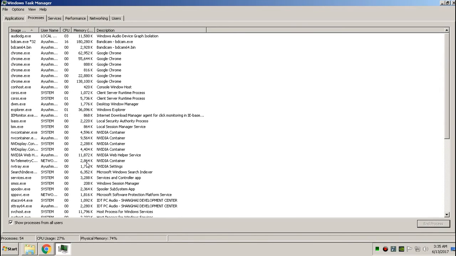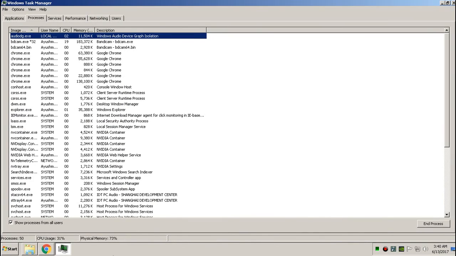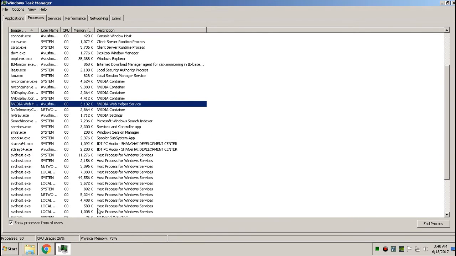and you have to make sure that you are not running any background process while playing a game. So here you can see, if I am going to start a game, I have to close this Bandicam software and these unnecessary Google Chrome processes like that, and if you